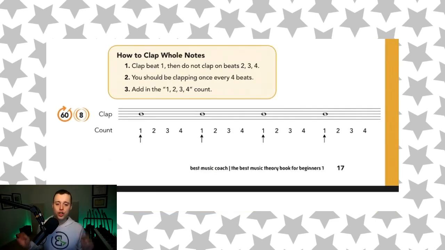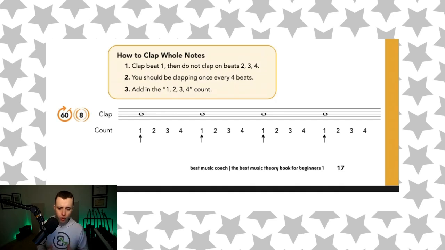In this lesson, you are going to understand and learn how to clap and count whole notes. Just like with quarter notes and half notes, we're going to follow the same process here. First, we're going to understand whole notes by themselves without actually trying to read them. So we're going to put the click on when you can anticipate the speed of the click. Once you can anticipate where the click is going to be, you're going to give yourself a count in of